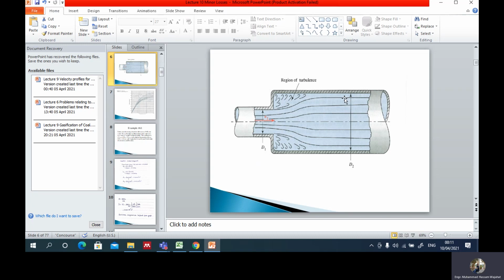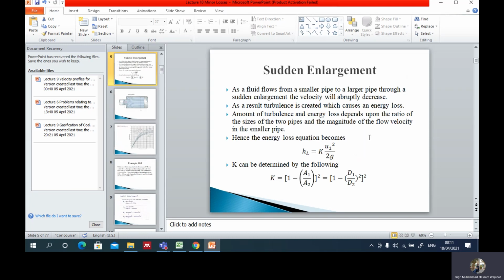So based on that, we know that the velocity of the smaller pipe, which is denoted by U1, is much greater than the velocity of the pipe U2. If I ask you the reason, it is simple. The area of pipe 2 is larger because the diameter of pipe 2 is larger. Hence, by the continuity equation, the larger the area, the smaller the velocity. So children, what have you understood so far? Enlargement is the flow from a small pipe to a large pipe. Let's get back to the note.